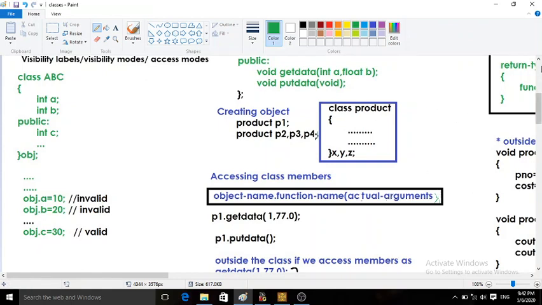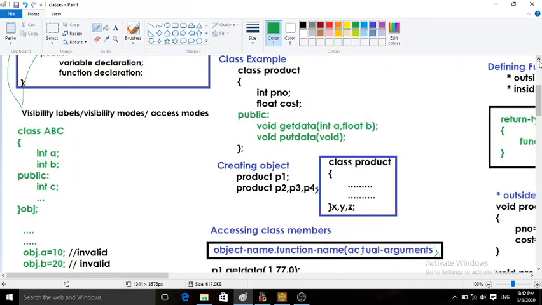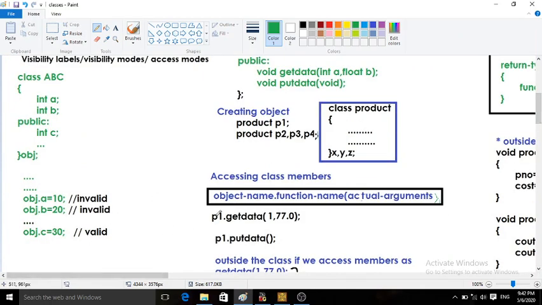So as just we have seen one example for class, here we are having two methods, getdata as well as putdata. So how to access these methods? If I want to access getdata, as already we have declared one object P1, I can use this object P1 over here. P1 dot getdata, in bracket I have passed two parameters because two parameters are declared in the class declaration in prototype. So I must pass two values, 1 comma, first argument is 1, that is integer, second argument is float.